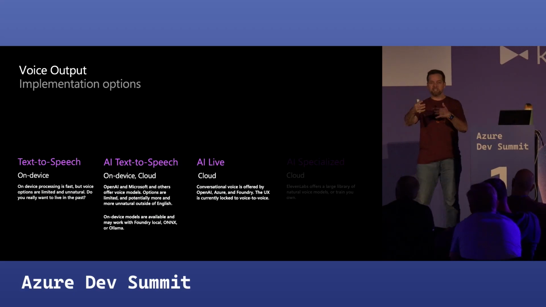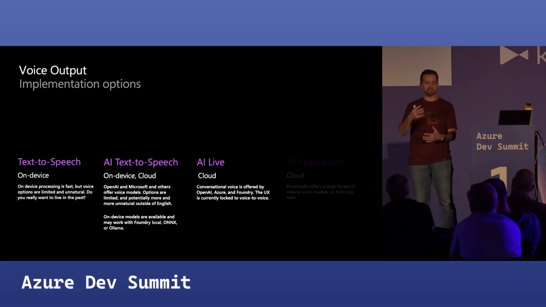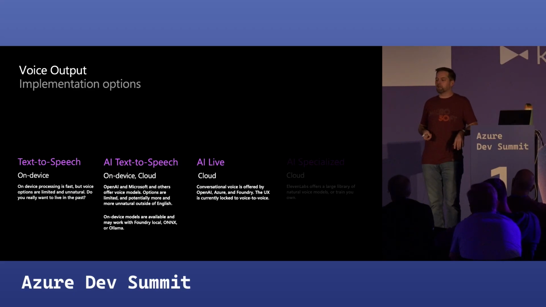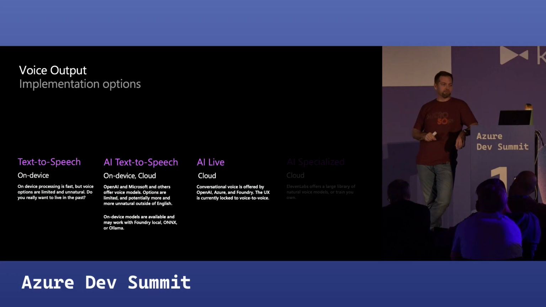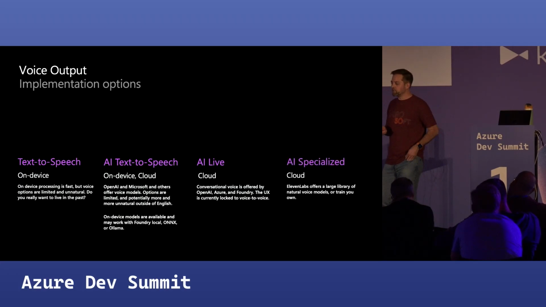However, I want to see the conversation also in text. And I want to see, when we're talking about a location, show me the location. Like, you should be able to be multimodal. I'm being multimodal with you. Can't you be multimodal with me? And so far, it's not really good with it. But to do the AI live thing, you totally can do this today. You could build your own ChatGPT app with it, and it's just a different endpoint, a different service that you're going to use. And then this is one that we'll get into now, which is the AI specialized voice models.